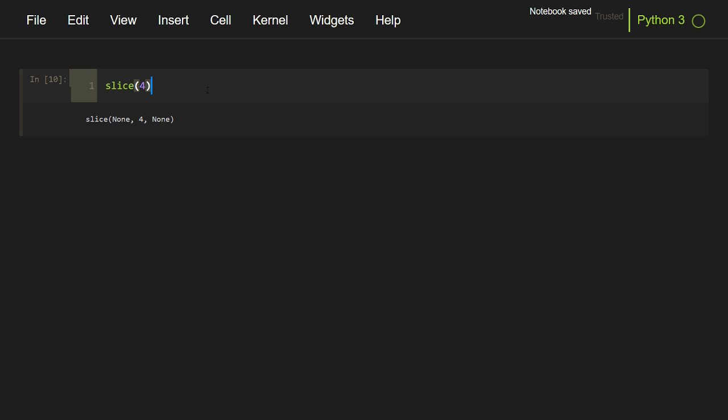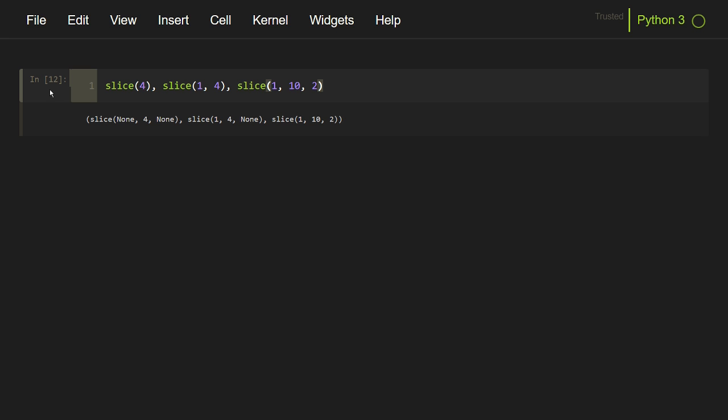If we want to change the default start value, we can pass two integer parameters, say 1 and 4 like this, and it will change the starting value of this slice range. So it starts with 1, ends at 4, and step value is again default. And to change the default step value, we can pass the third integer parameter. So I will pass 1, 10 and 2, and it will generate a slice object that starts with 1, ends at 10 and takes a step of 2. These slice objects can be passed as the index of a sequence. Slice objects are also generated when extended indexing syntax is used.